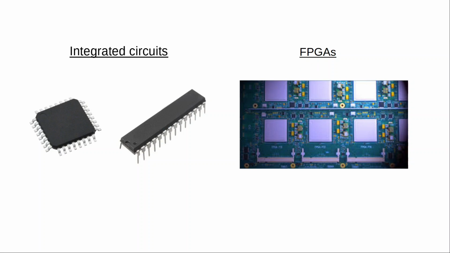FPGAs are basically field programmable gate arrays. These are processors made up of different kinds of gates that are programmable in the field. In the field means when you need it, when you are working on something and when you need to customize that chip, then you use a FPGA.